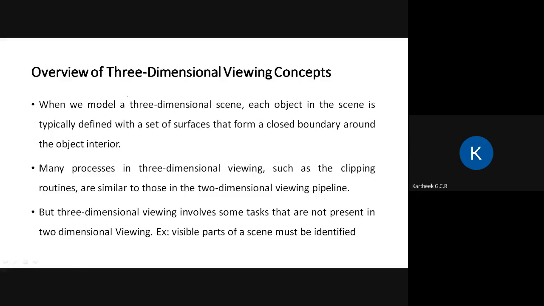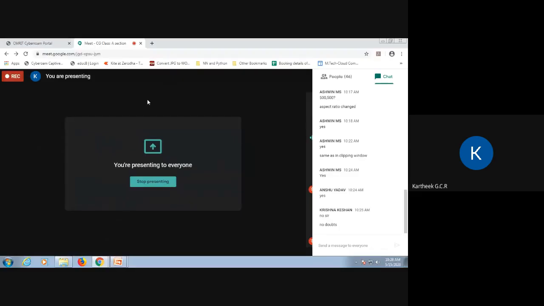So the clipping is similar, but some extra effort needs to be done. What is the additional thing that you will have to consider when you look at clipping in 3 dimensions? Any guesses, guys? 2D clipping we have seen, but for 3D clipping, what is the additional thing that comes into the picture?